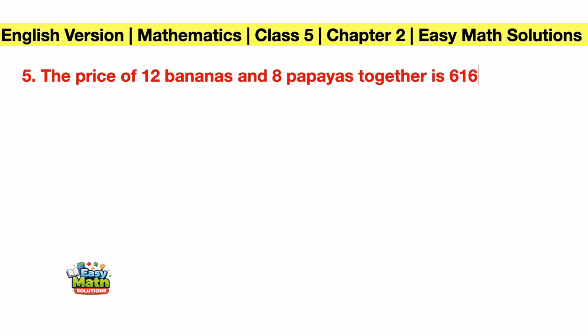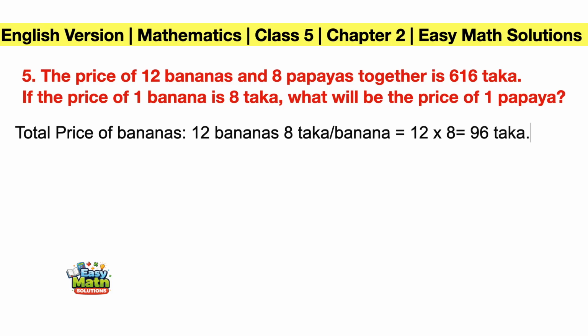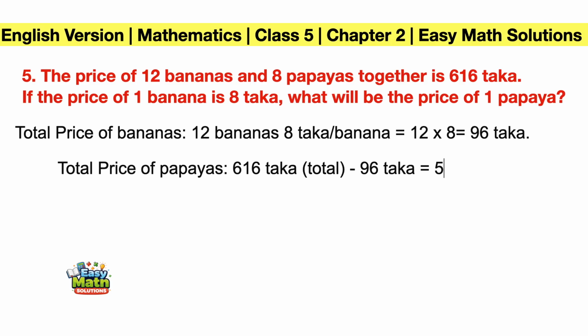Number 5. The price of 12 bananas and 8 papayas together is 616 taka. If the price of 1 banana is 8 taka, what will be the price of 1 papaya? Let's see how to solve this. Here the total price of 12 bananas, 12 into 8 taka, that means 96 taka, and the total price of papaya, if we